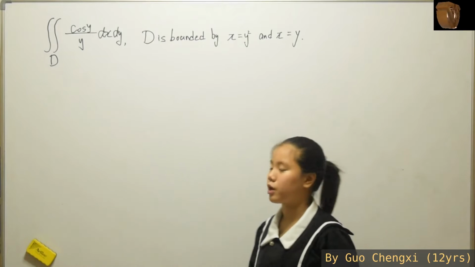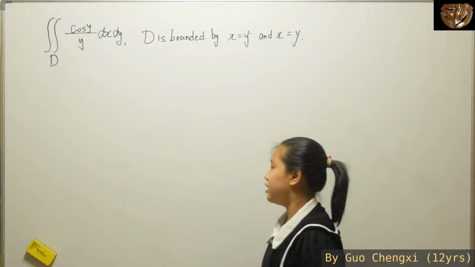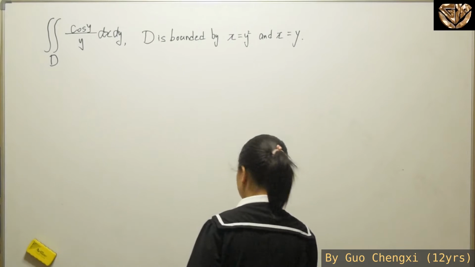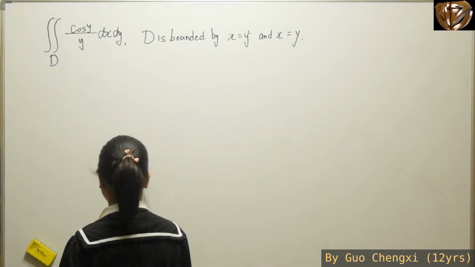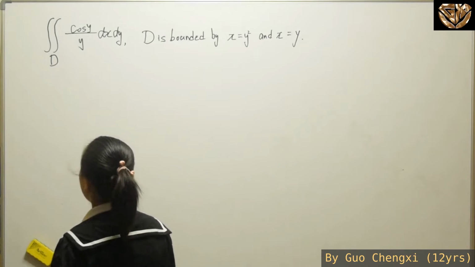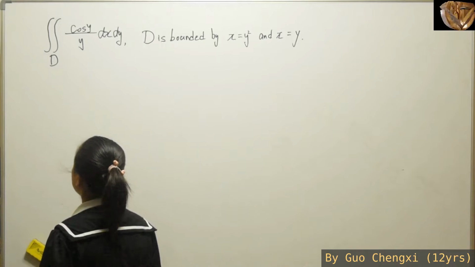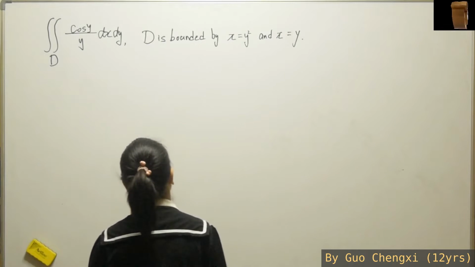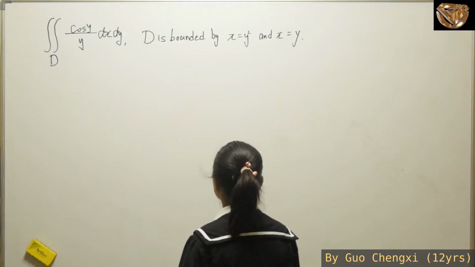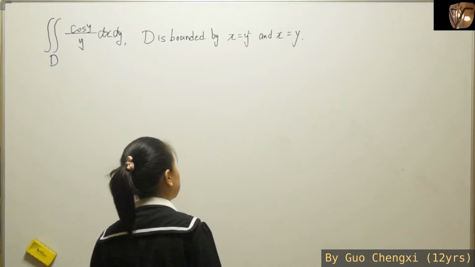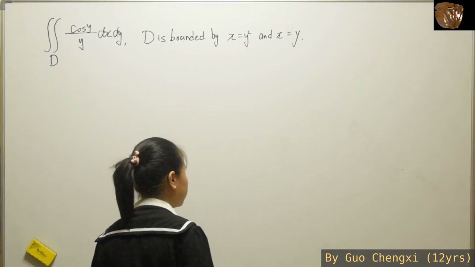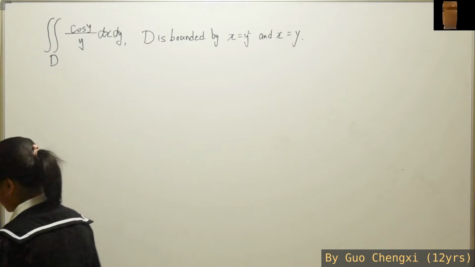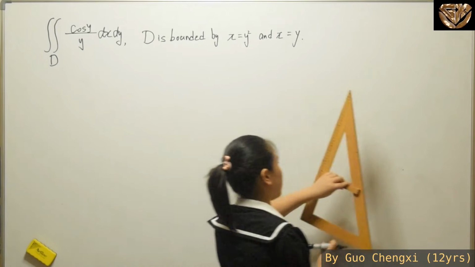For this lesson, we'll be continuing on with the techniques and applications for definite integration. For this lesson of definite integration, we have the double integral over D of cosine y over y dx dy, and then D is bounded by x equals y squared and x equals y. So first, if you want to just draw the graph, what you're going to have is